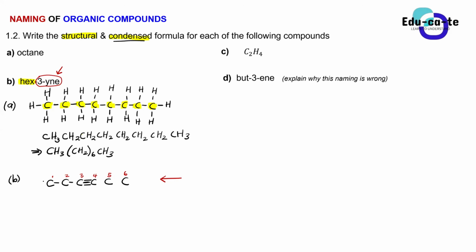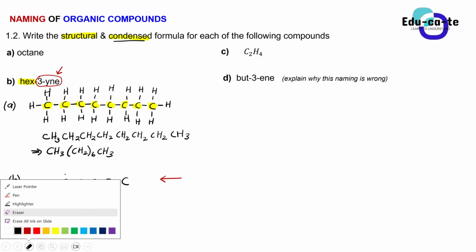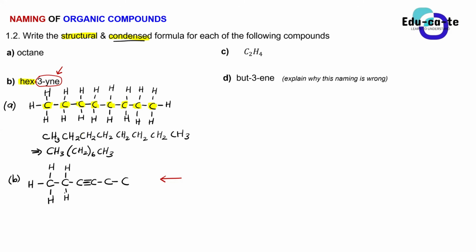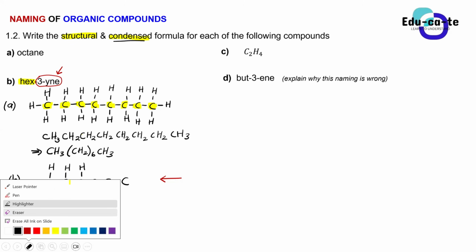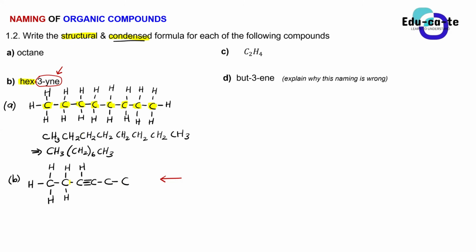So put hydrogens on each and every remaining space so that each and every carbon has how many bonds in total? How many bonds must each carbon have? It must have 4. Yes, so each and every carbon must have 4 bonds. So should I add the hydrogen here? No. It will be definitely incorrect, because when you count the number of bonds here, you've got 1 and here there are 3. So this is 2, 3, 4. Then this hydrogen will be 5.